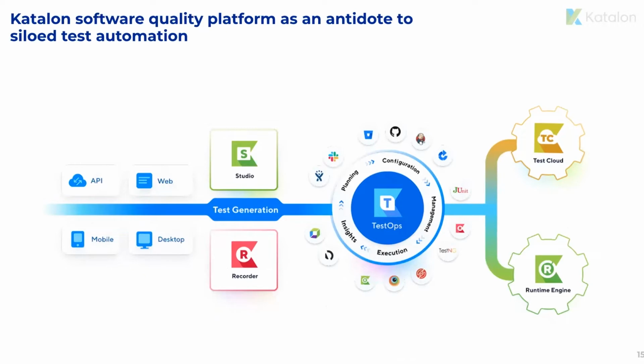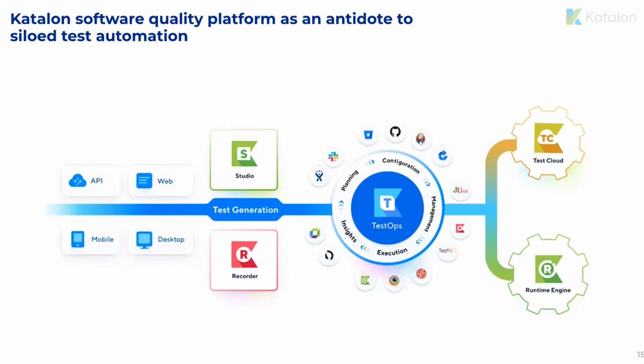It's a set of products and the connections between these products and the connections between the products and the external tools. All of that define the Katalon platform. So it's not just a set of products. It's a set of products and the relationships between the products as well as the relationships with regards to external